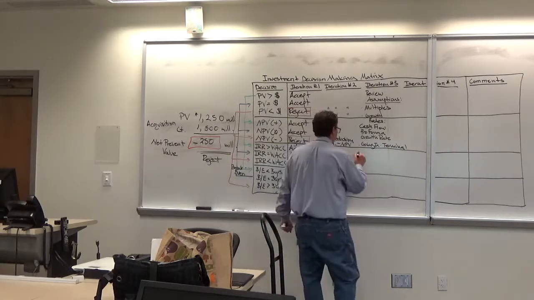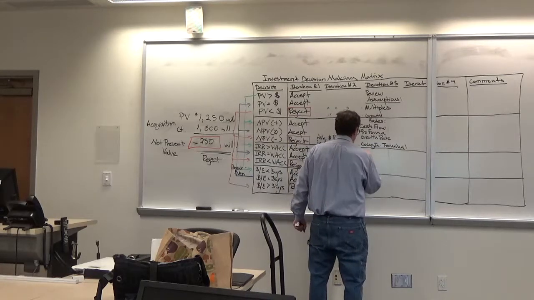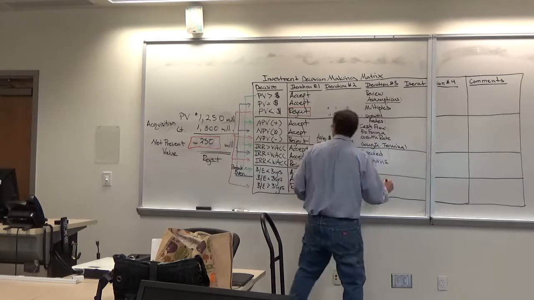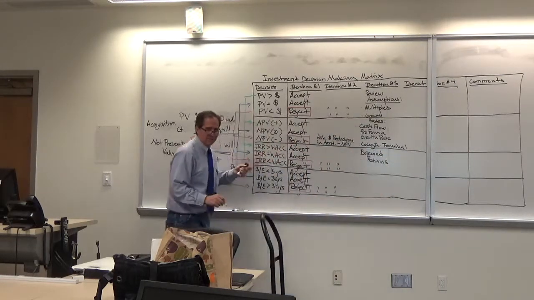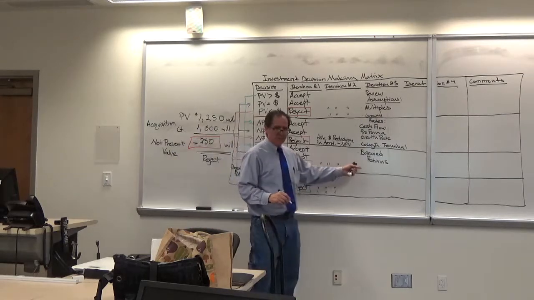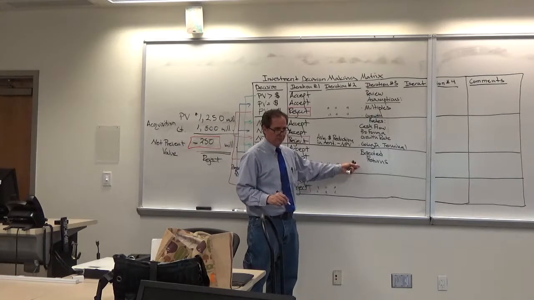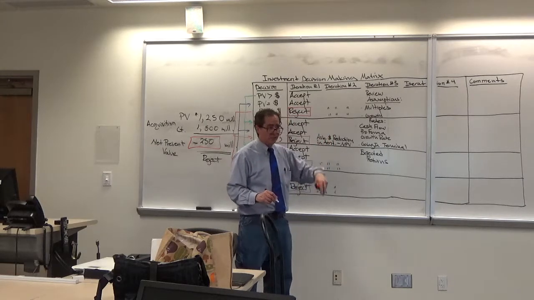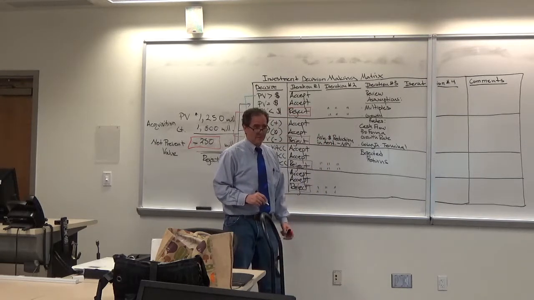And then you said what? The expected returns? If I'm getting a negative net present value, are my expected returns too high or too low? Am I using too high of a discount rate or too low of a discount rate? Am I asking for too much in return or too little in return? Too much,